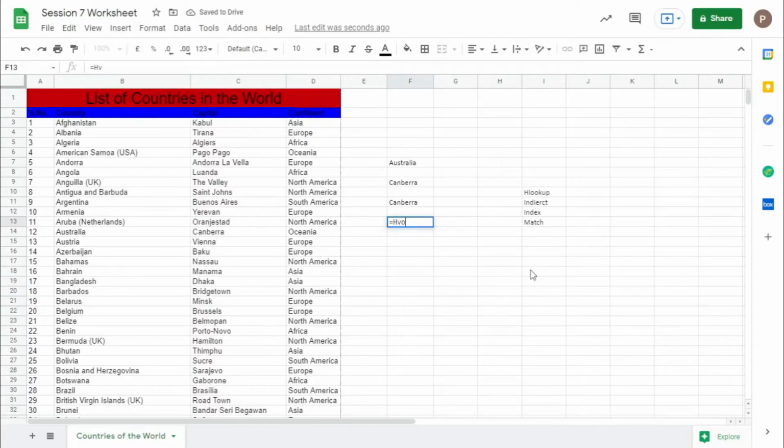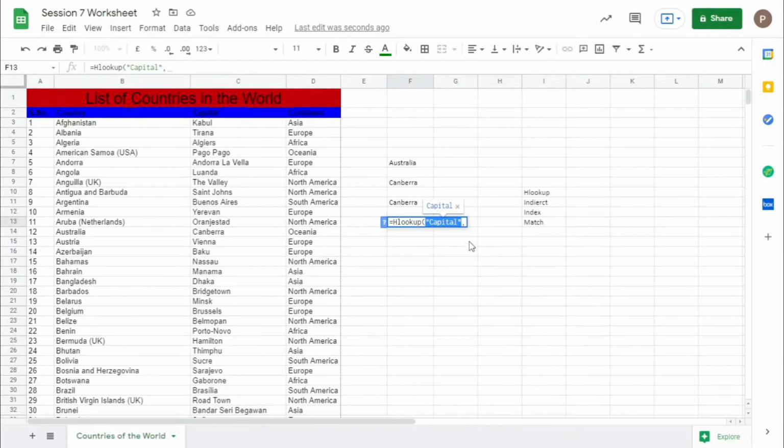VLOOKUP is vertical lookup and HLOOKUP is horizontal lookup, so it searches the row. So let's say capital.